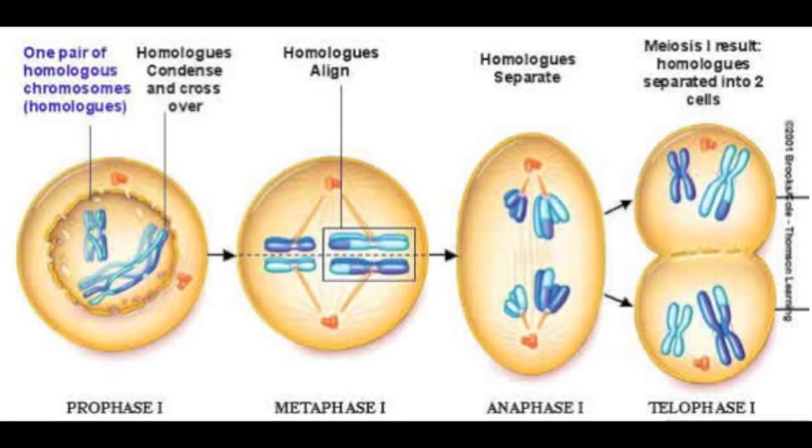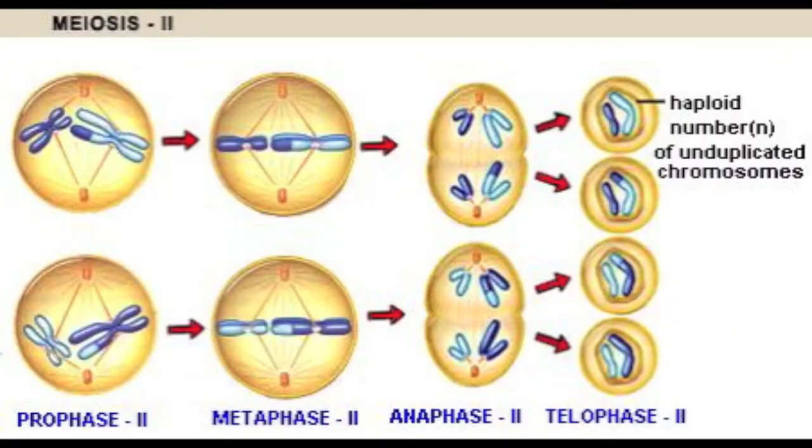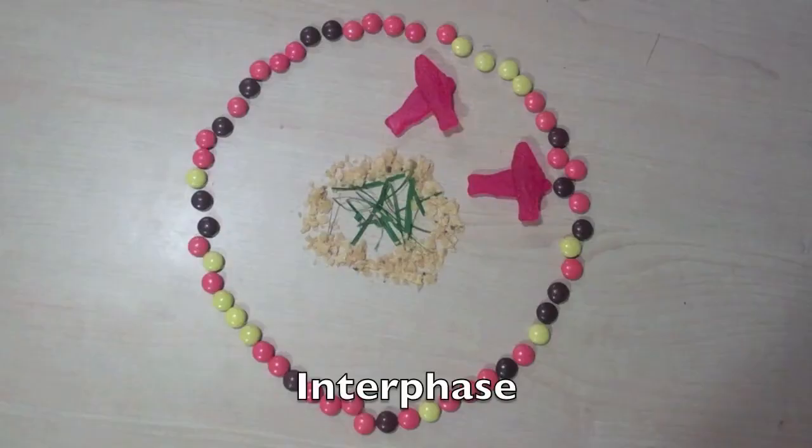In meiosis, the cell goes through two divisions as opposed to one like in mitosis. This is what makes the daughter cells haploid instead of diploid. Meiosis promotes genetic diversity through crossing over, independent assortment, and random fertilization. Meiosis 1 separates homologous chromosomes, and meiosis 2 separates sister chromatids. During interphase, DNA is synthesized and the cell prepares to enter meiosis 1.